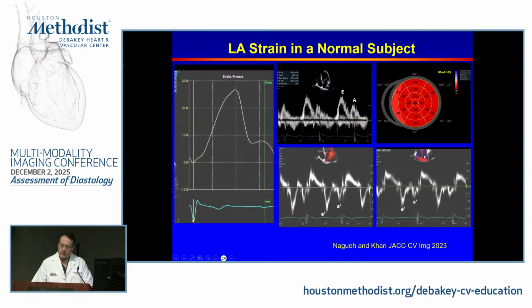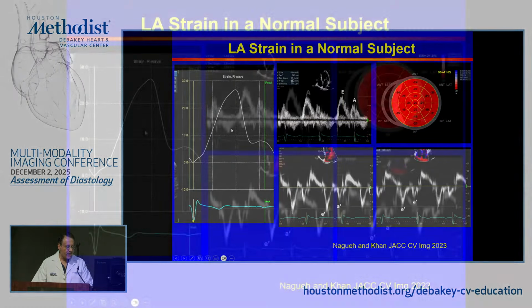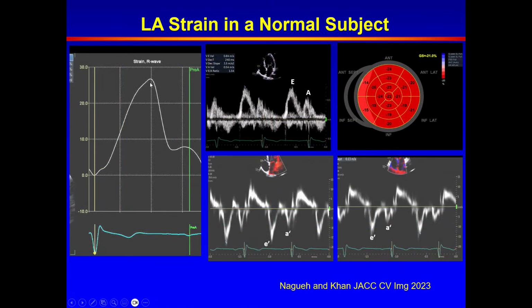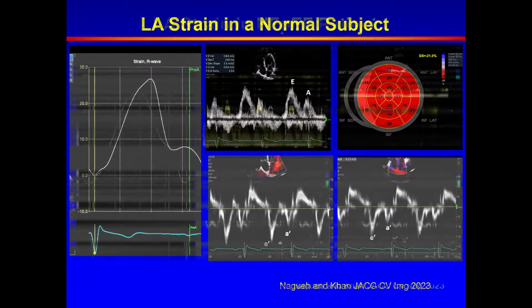To illustrate the challenges with left atrial strain, I will show you two examples. This is taken from a normal individual, high annular velocities, normal global strain, and a strain of 25% for the reservoir LA strain. That's a normal value per these guidelines, and if I present it with these signals, it's a normal LA strain. Let's look at a